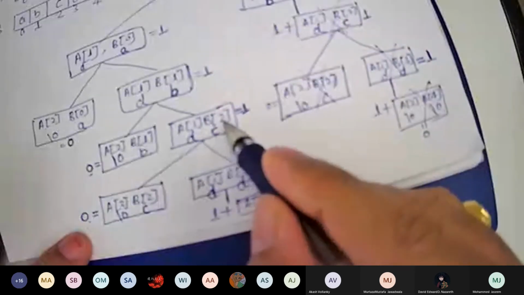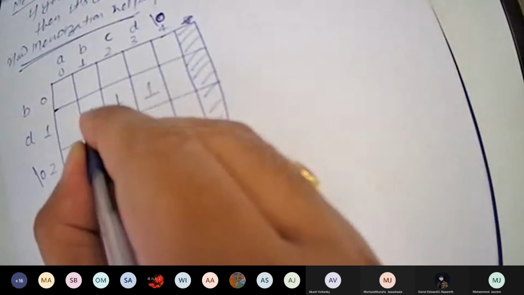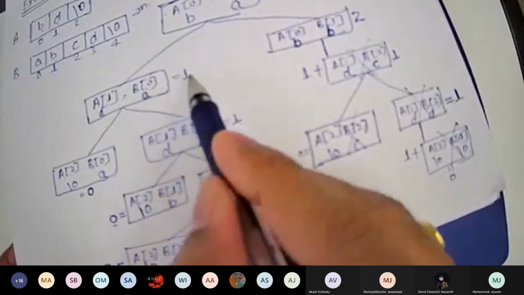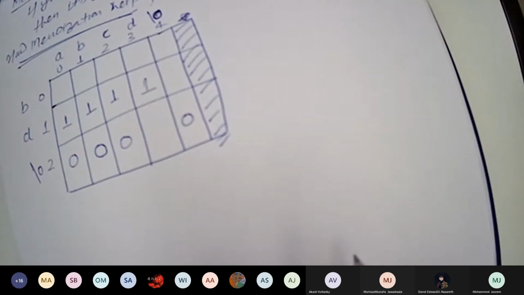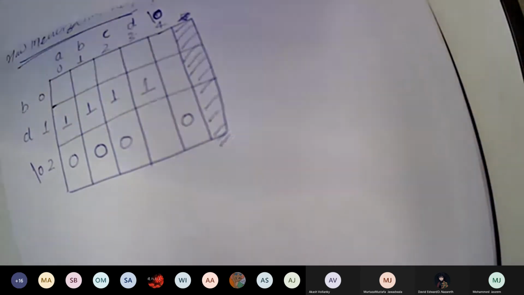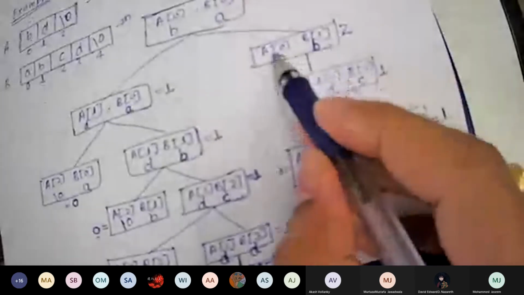Then, after this, you calculated 1, 2, whose value is 1, and then 1, 1, whose value is 1. Then you calculated 1, 0, and the value is 1. Now the next value which you calculated, if you could have stored this.